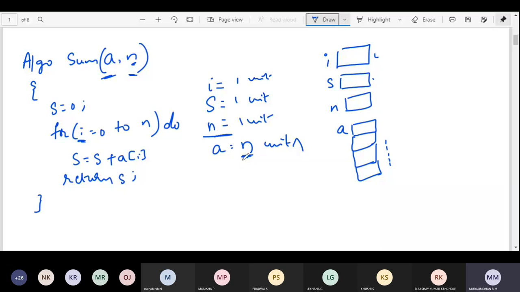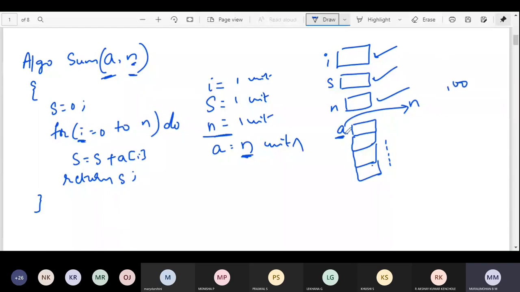Why? Because here the memory location for I is fixed. Similarly for S it is fixed, and for n it is fixed. Whereas for A, it depends on the value of n. If n is 3, then A will have 3 locations. If n is 5, then A will have 5 locations. If n is 100, then A will have 100 locations.